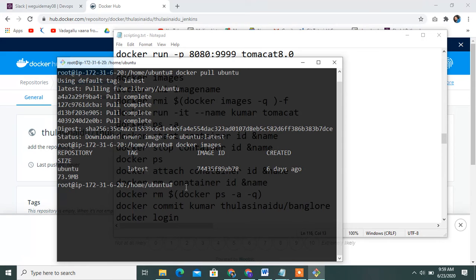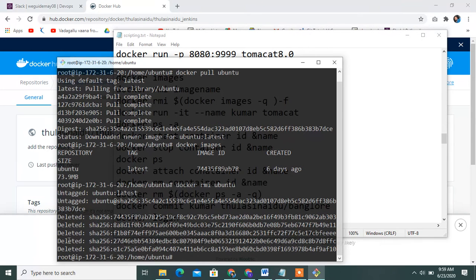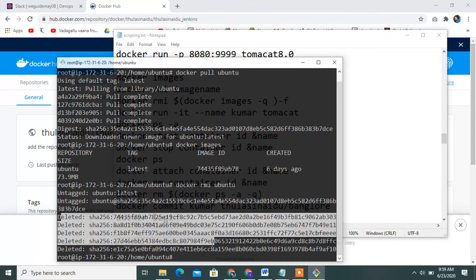Okay, how to delete this? Docker rmi. Use the image name, or you can use the image ID. Ubuntu image deleted.